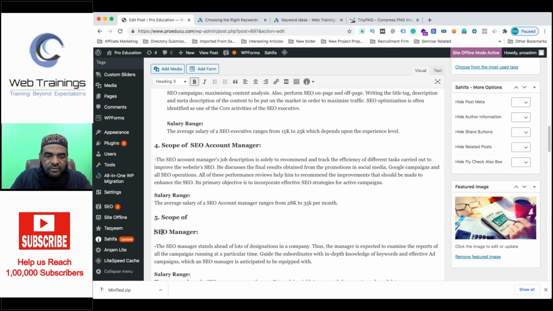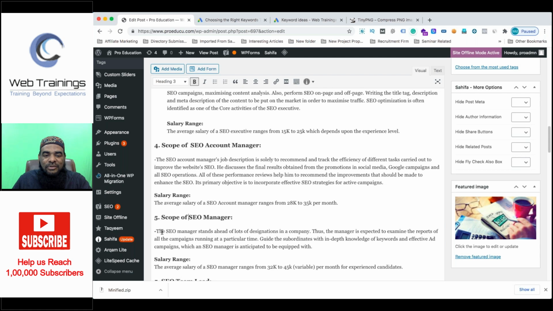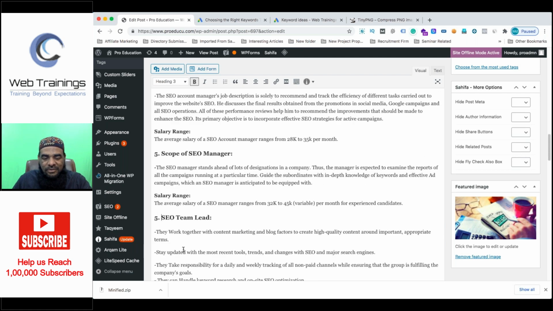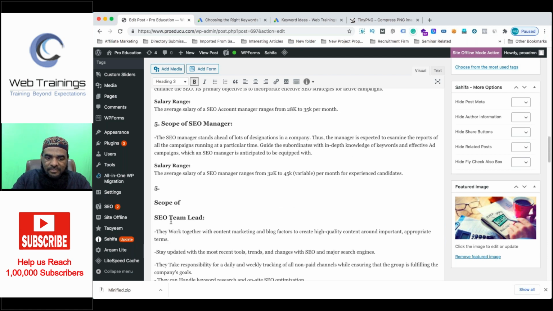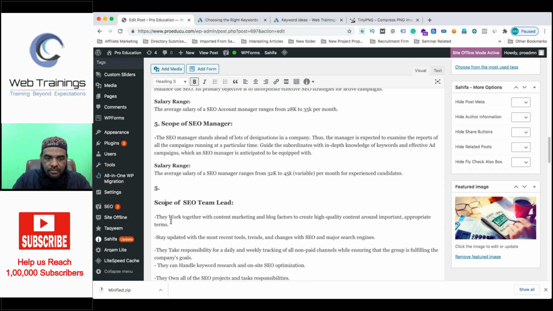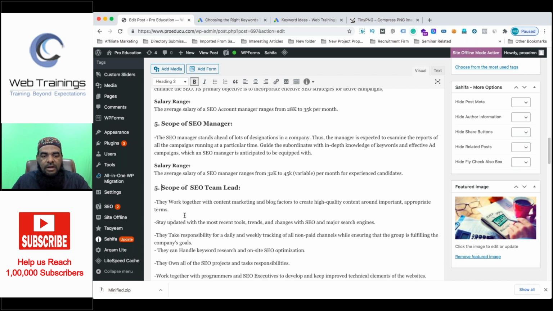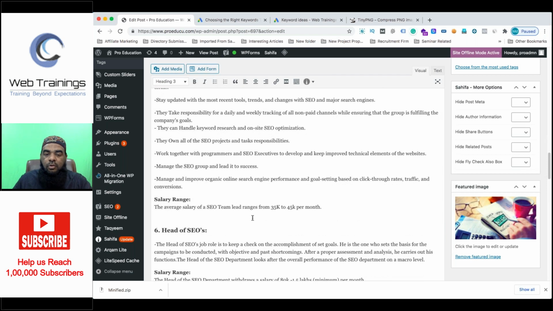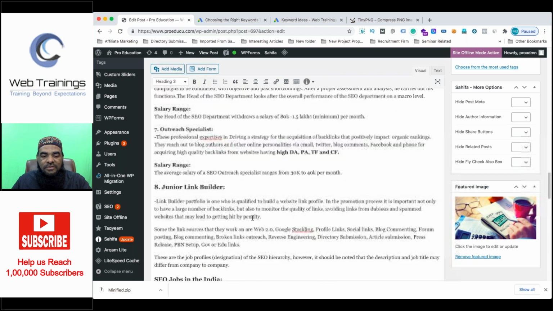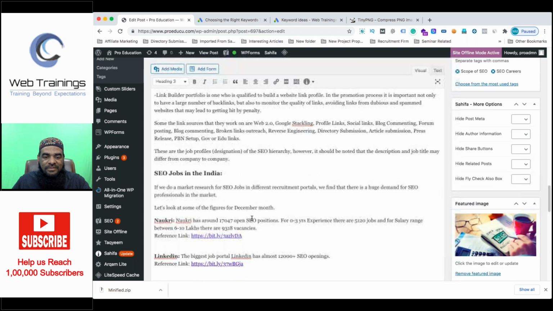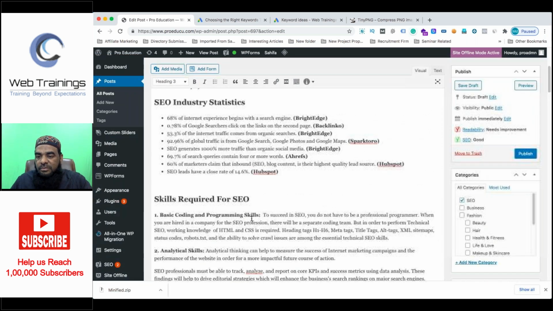In other words, the scope of SEO manager. So the word SEO will always come, that's for sure. All right, something like this. Now we will not over repeat it. Depending on our project, we can repeat the options. All right, so this is the simplest way we can work.